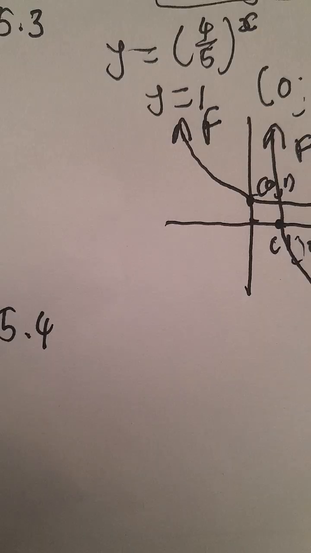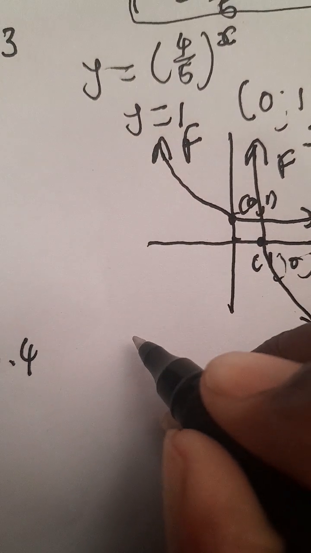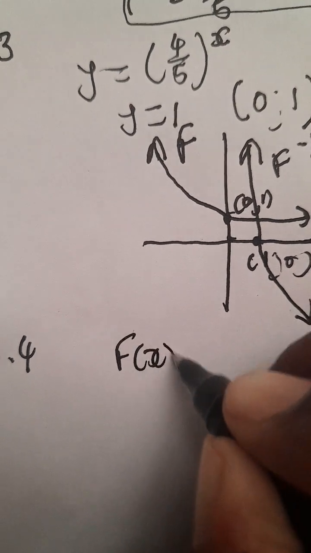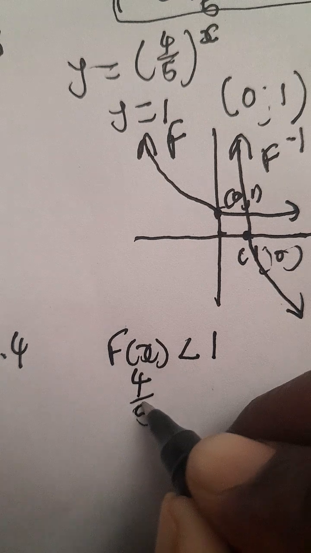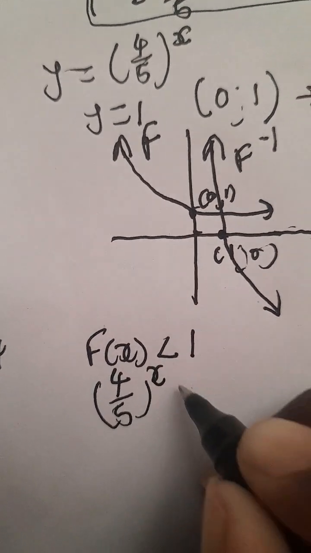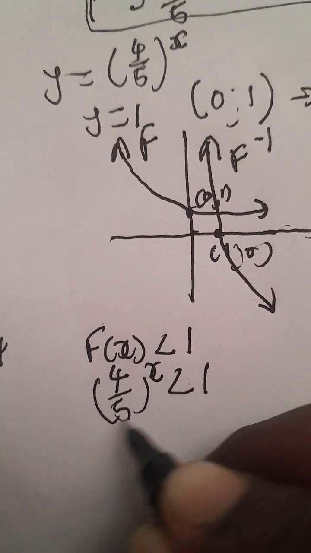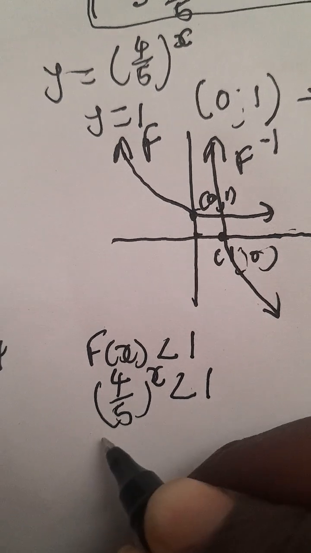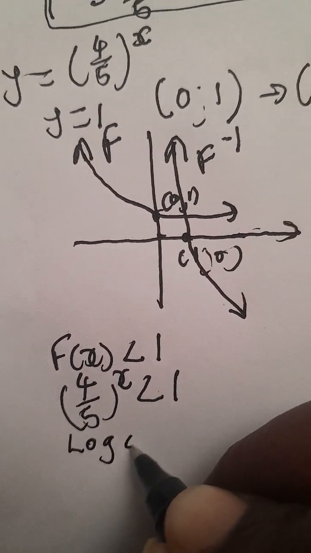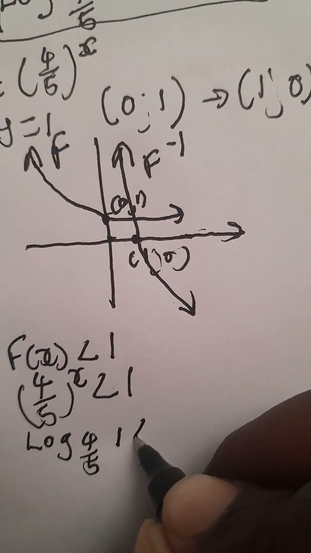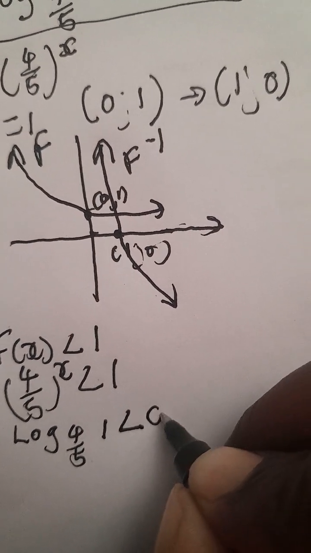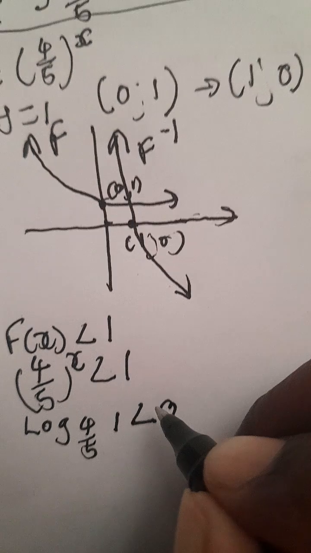The best way is to simplify this, right? Let's see how we can simplify it. So at 5.4, remember, you are given f of x is less than 1. So if we place 4 over 5 to the power of x is less than 1, then we can apply log. Since the bases are not the same, the log base is 4 over 5, and the number is 1, which is less than